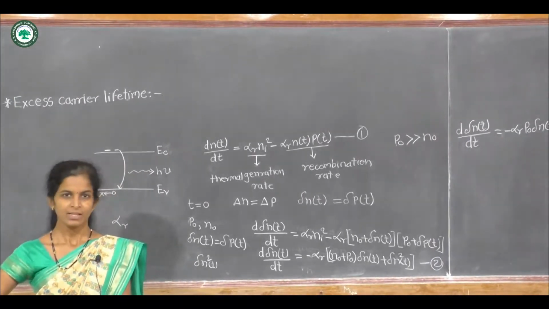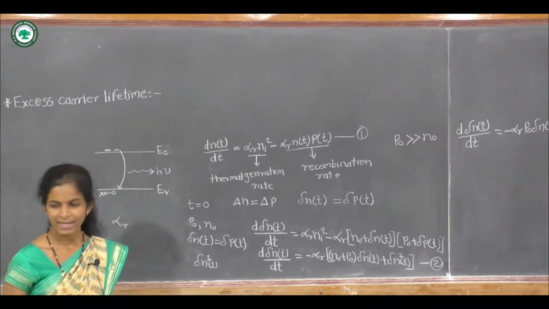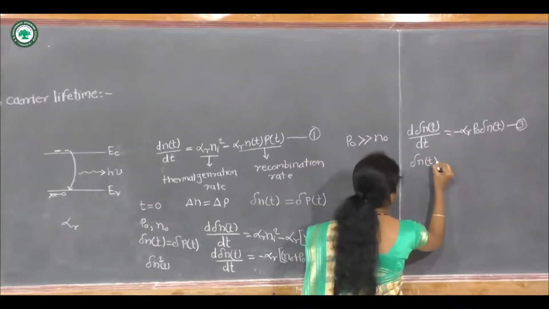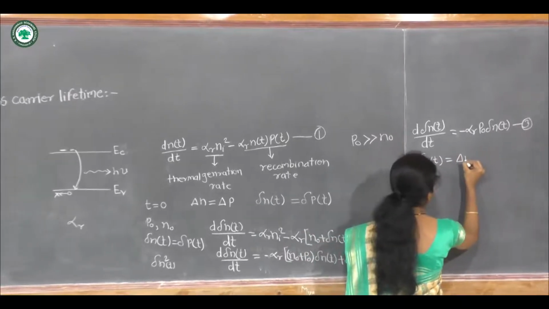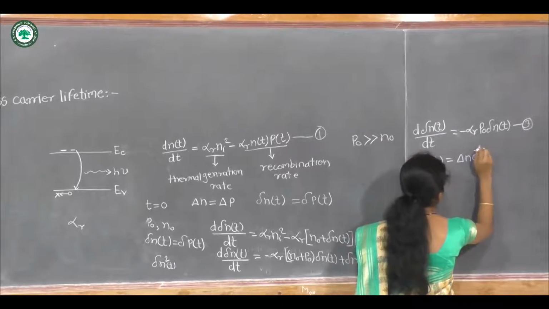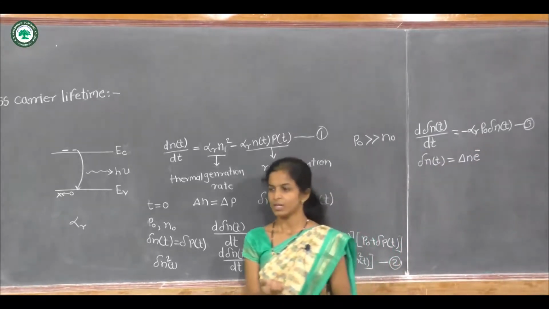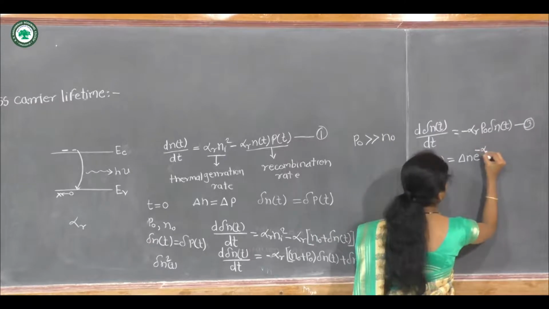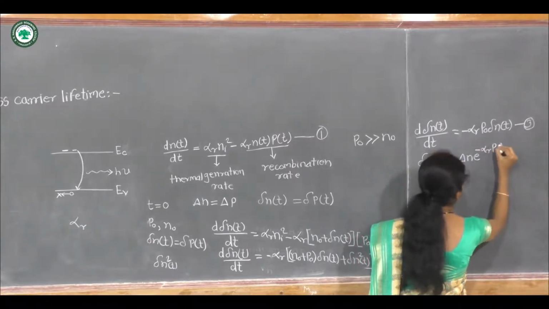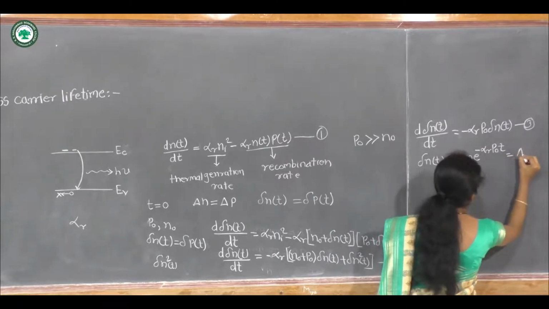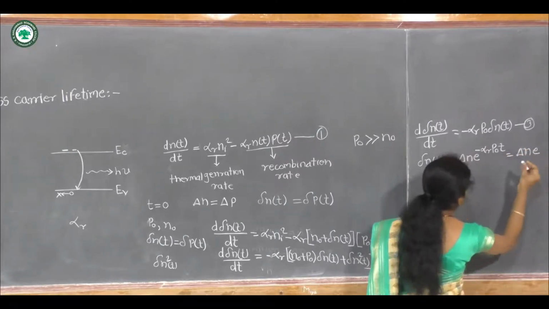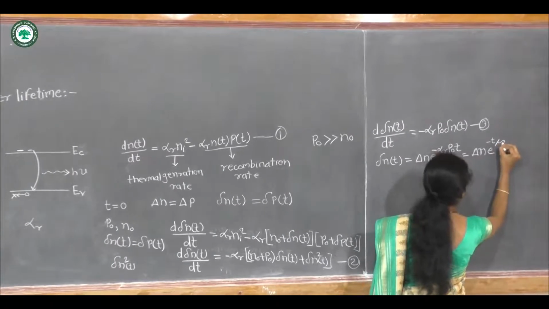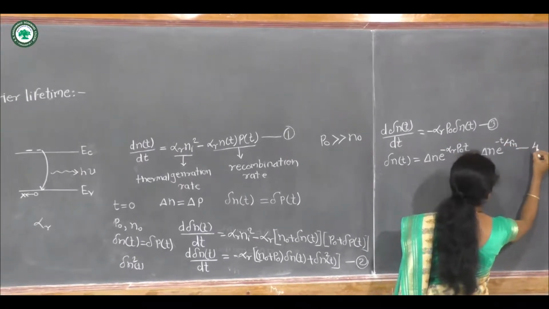So the solution is given by delta n(t) equal to delta n into e raised to minus alpha r into p0 into t, which is equal to delta n into e raised to minus t upon tau n. So this is equation number 4,